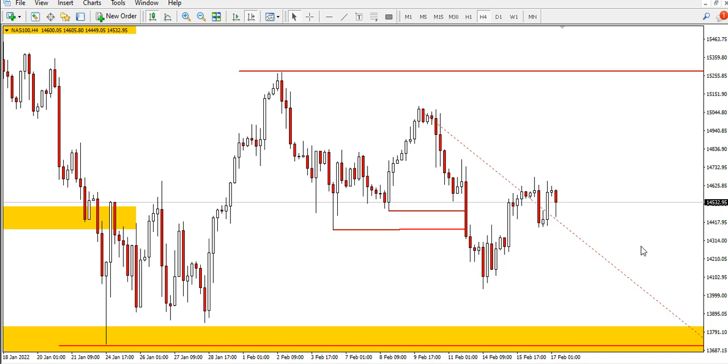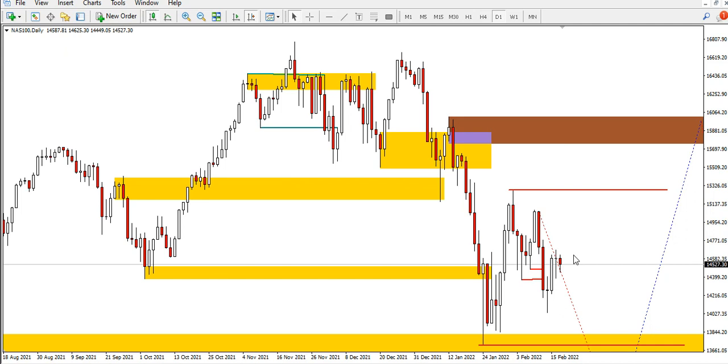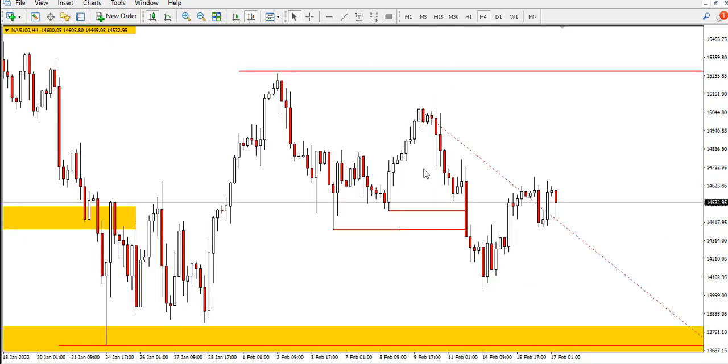Why do I say that? Because on D1, remember, the D1 overrules all the smaller time frames below it. So on D1 we still expect price to come and break this low, and then according to our H4 chart,